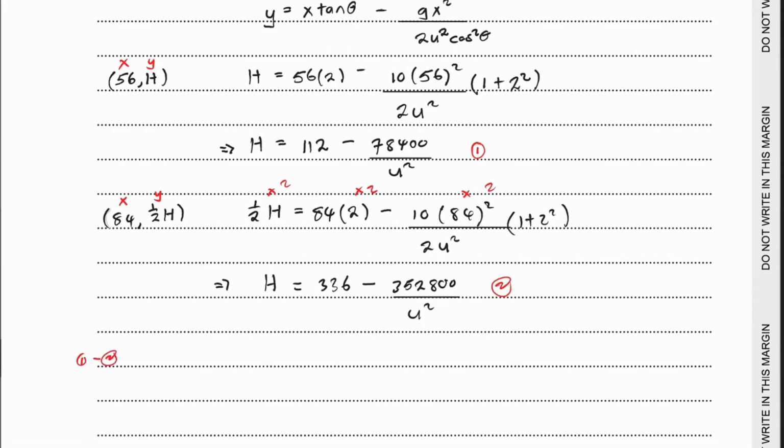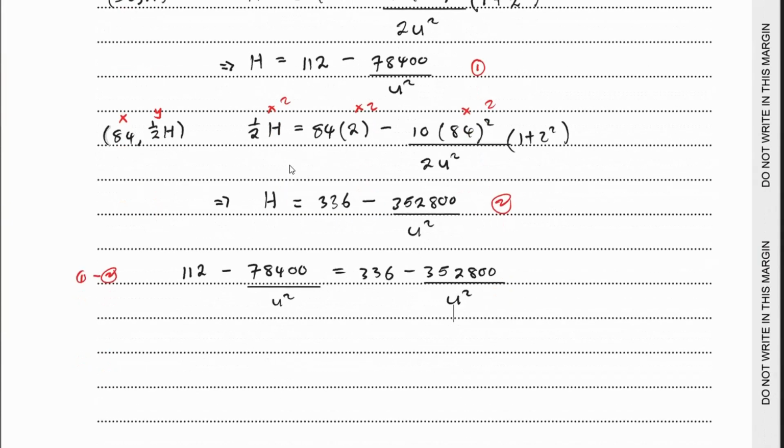since they're all h. So 112 minus 78400 over u squared being equal to 336 minus 352,800, and that's over u squared. All right, so we're going to rearrange, right? So rearranging this will give us minus 78400, all right, and that's going to be plus 352,800, and they all have a common denominator of u squared being equal to 336